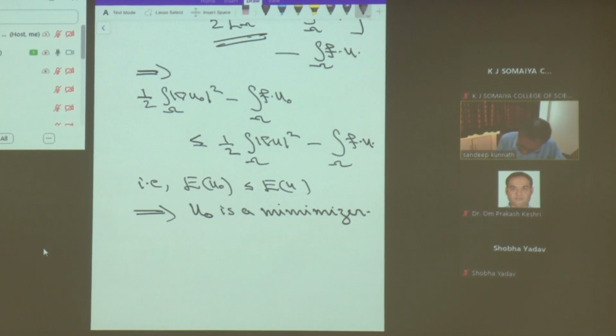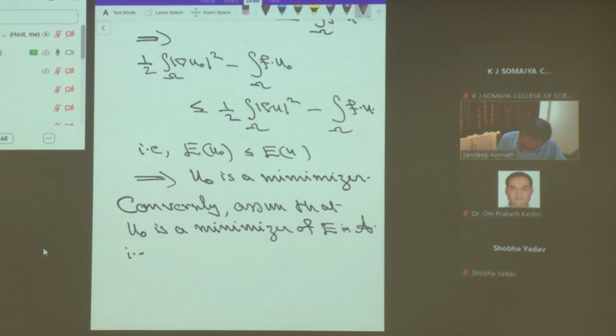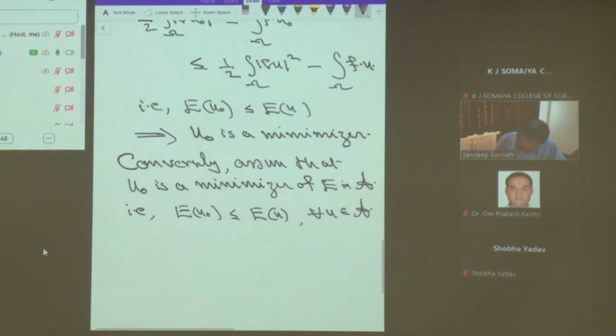So I am going to assume conversely that u naught is a minimizer of E in the class A. That is, E of u naught is less than or equal to E of u for all u in the class A. So we want to show that